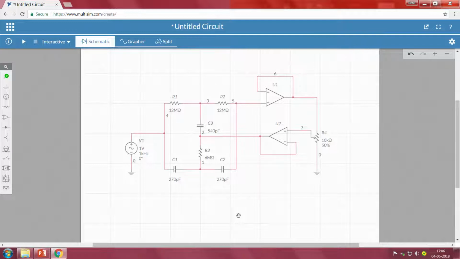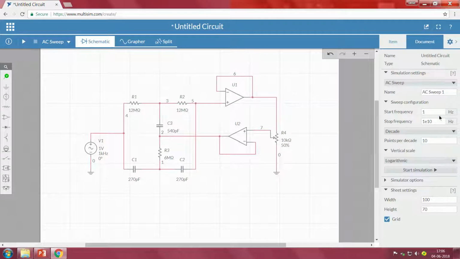So, we are following the frequency analysis in order to see how exactly the frequency domain looks like. Remember, the notch filter will pass frequencies from 1 hertz up to somewhere around the upper range, except the narrow band frequencies; it will pass all other frequencies. In order to verify, we will go to AC sweep and keep some settings here: 1 hertz start, and the stop frequency we may not require up to 1e10.